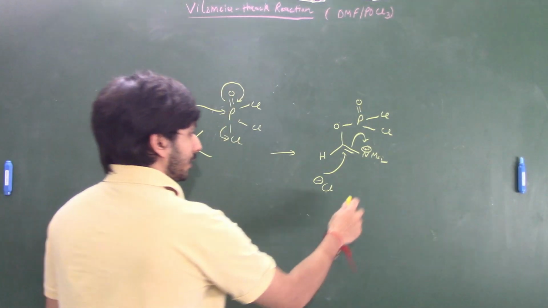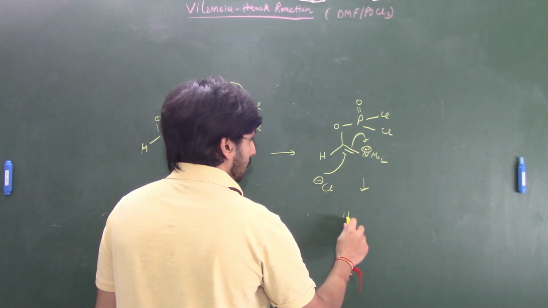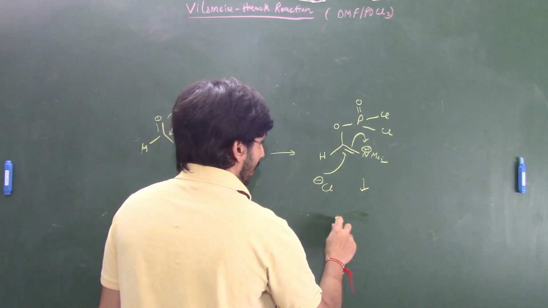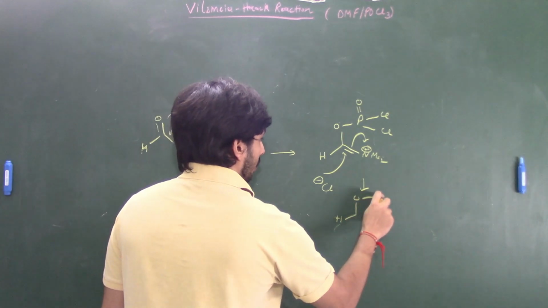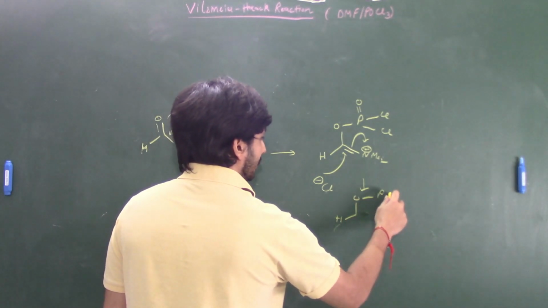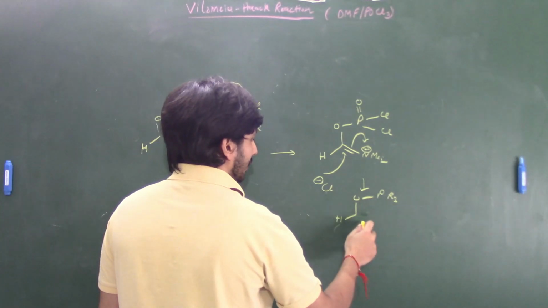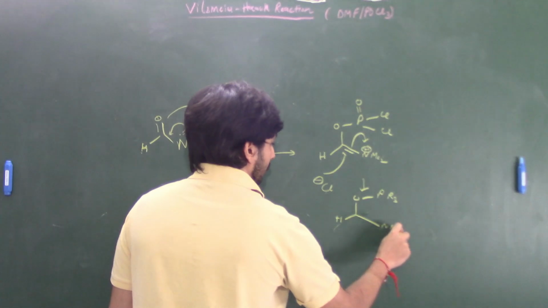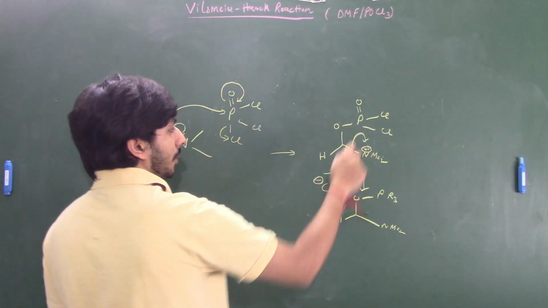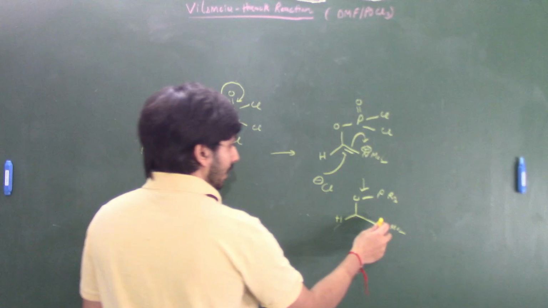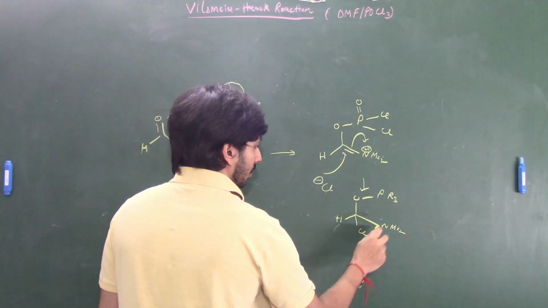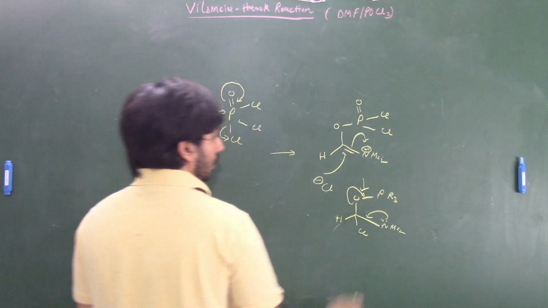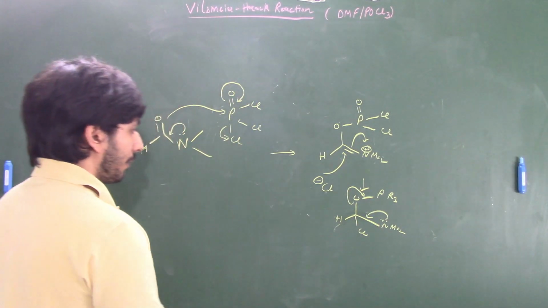Okay. So now what is the next intermediate that we get? The next intermediate that we get is this. Just let me quickly draw. So we have hydrogen, O, phosphorus, and then there are three substituents, right? I'll write it like this, and along with that we have NMe2, because Cl minus attacked, so this double bond migrated back to the nitrogen. Now the next step is that we have Cl attached over here. Then this nitrogen migrates back and this oxygen leaves. So finally what do we get?